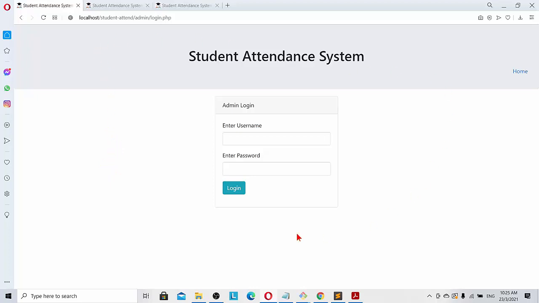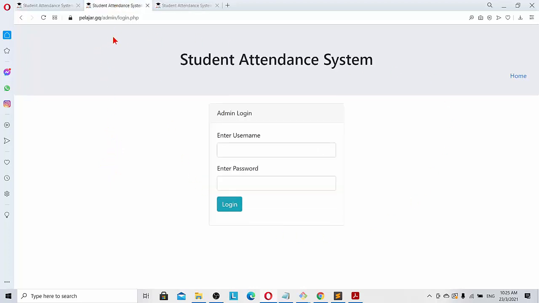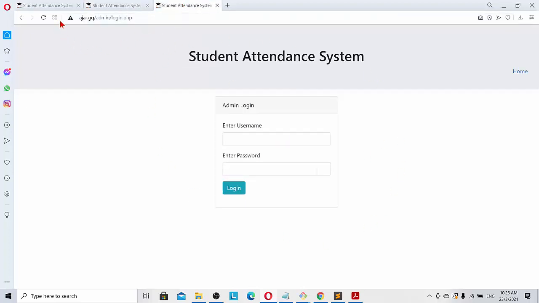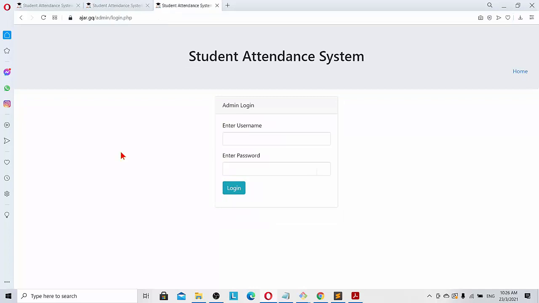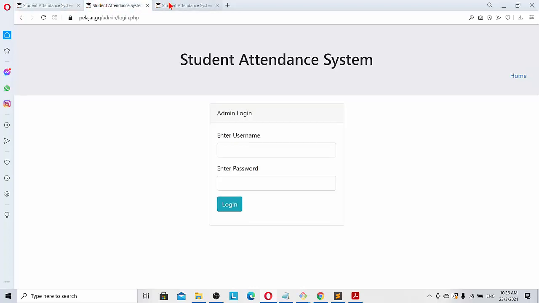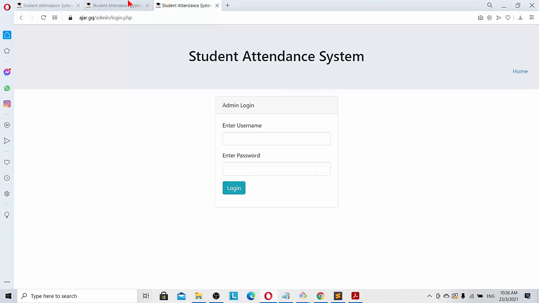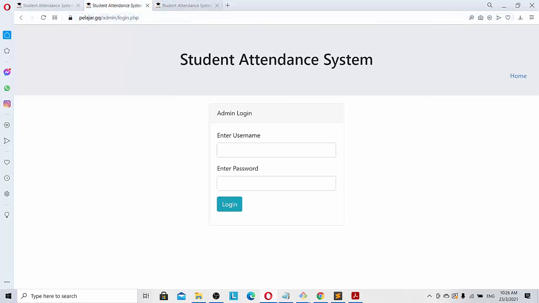Currently in development machine, this tab, this is in my VPS server, and this is shared hosting server. So you can see the domain is plagiar.gq. Here the domain is ajar.gq, which is under shared hosting. So let me tell again, my development server, my VPS server, shared hosting server. Of course the domains are different, but the content or material is the same.